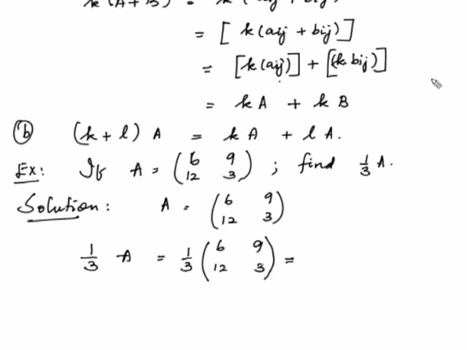So what does that say? Every element of A gets multiplied by the constant outside. So it is equal to 6 by 3, 9 by 3, 12 by 3, 3 by 3. So that is equal to 6 by 3 is 2, 9 by 3 is 3, 12 by 3 is 4, and 3 by 3 is equal to 1. So 1/3 of A is equal to 2, 3,